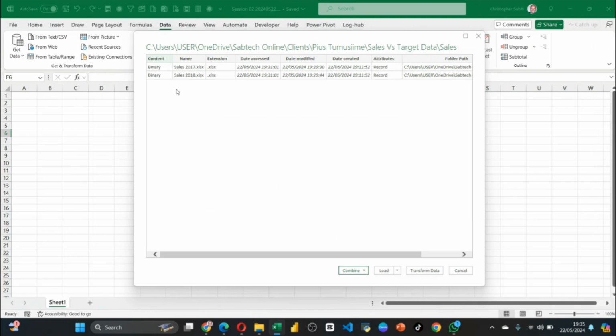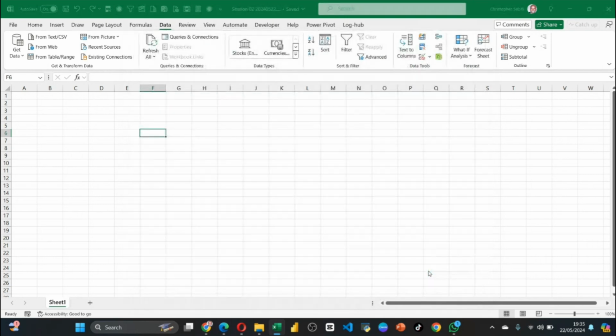Now here I have my two files. I'm not going to load them. I've told you, for better discipline, never use load at the first instance because I want to transform these two files. So I'm not going to combine them immediately before I see how they are behaving, their attributes. Their attributes, those are the records we'll find inside. So I will transform this